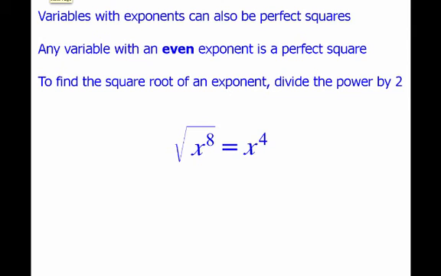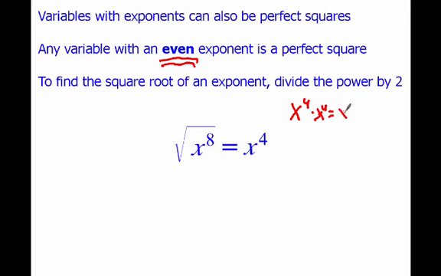Now, it doesn't just have to be whole numbers that are perfect squares. We can have variables with exponents that are also perfect squares. For example, any variable with an even exponent, underline, double underline, so you remember this. Any variable with an even exponent is a perfect square. So to find the square root of an exponent, you simply divide that power by 2. Meaning the square root of x to the 8 is simply x to the 4th. Because if we think back to our power rules, x to the 4th times x to the 4th,